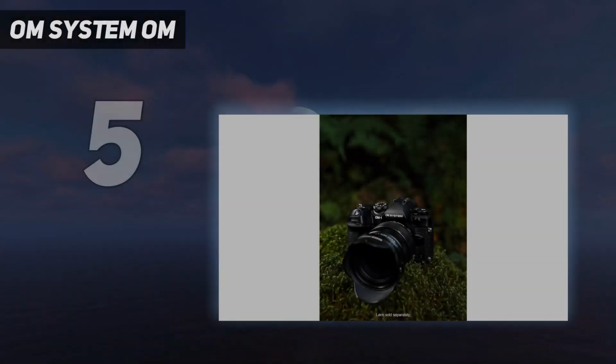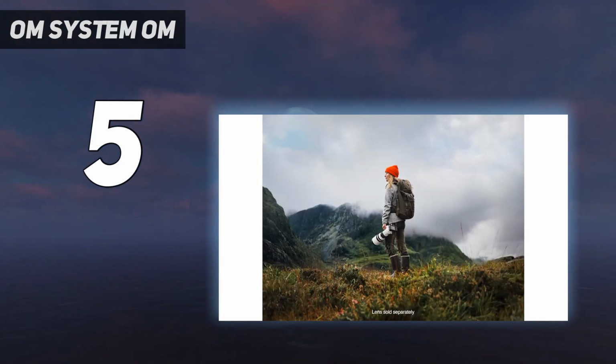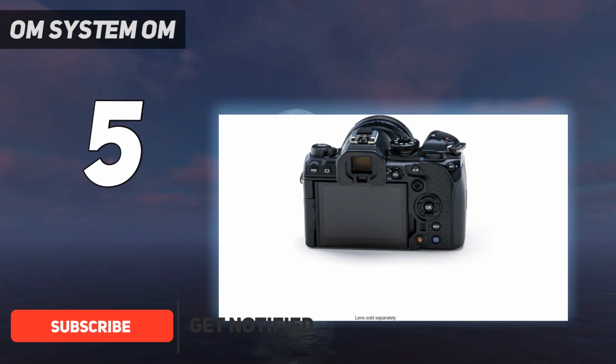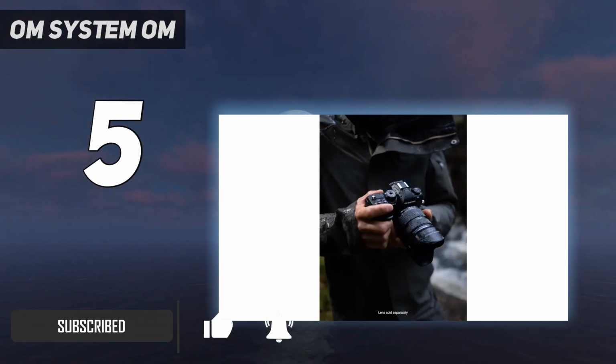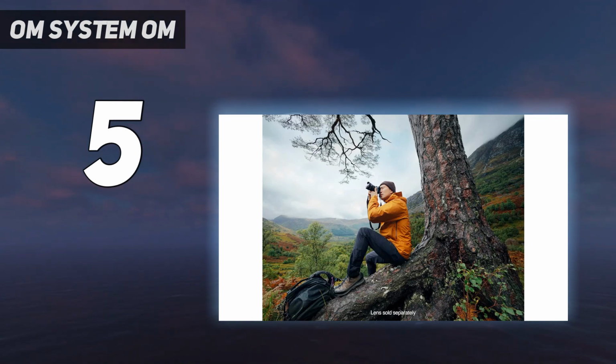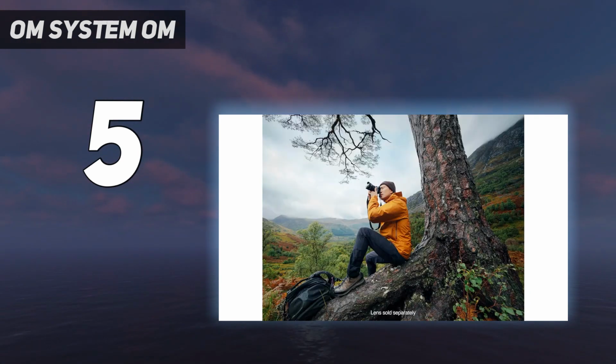OM System OM. Not everyone needs a full-frame camera, and OM System has carved out a Micro Four Thirds (MFT) niche, especially for those that want a high-performing, rugged and lightweight system, especially outdoors photographers. The OM System OM-1 is a flagship MFT model and compelling alternative for photographers who prioritize size, versatility and a fun handheld experience. Thanks to its stacked Micro Four Thirds sensor and a speedy TruePic X processor,